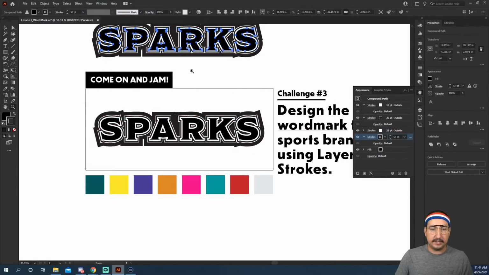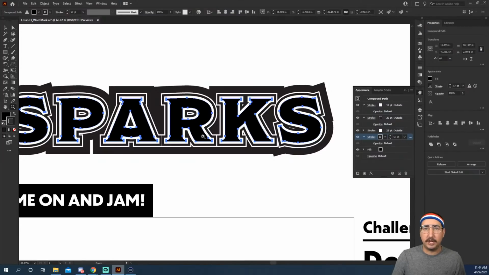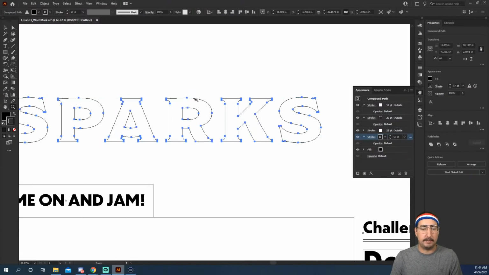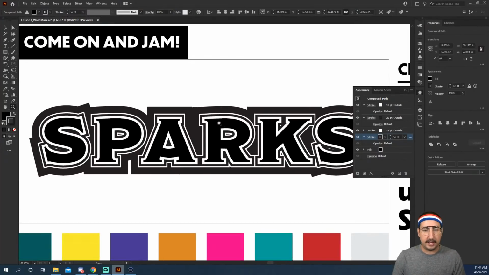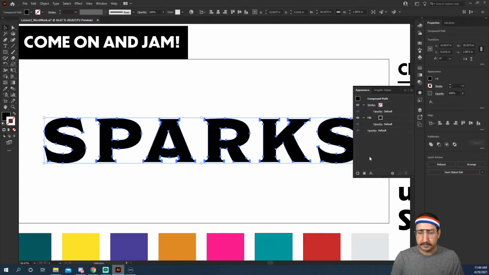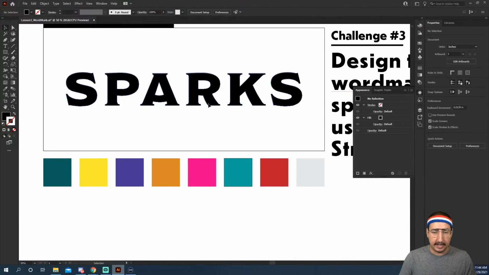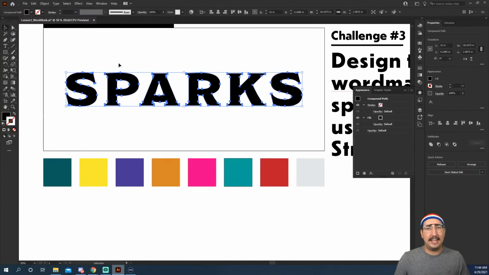And check this out. This is literally one shape. It's just one shape with a whole bunch of different effects on it. If we go to Control or Command Y, you can see that it's just these letters. Now, what we're going to do is another way, and I'm actually going to delete all of these strokes, and we're just going to have the word here. So that looks pretty good, and we are going to change this so that it is not only a